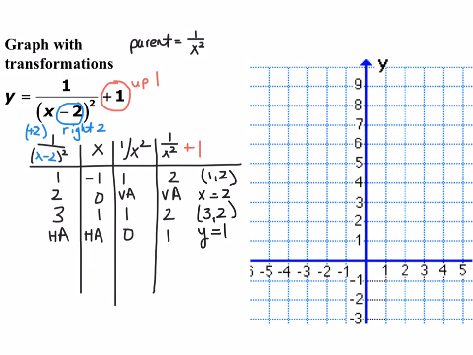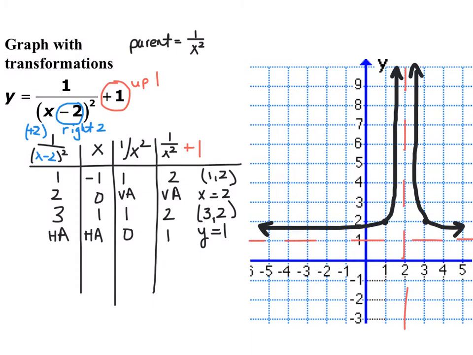So go ahead and pause the video and plot this to graph. So we graphed our parent function on the previous slide. Now you can see this transformation. This horizontal asymptote was moved up 1, this vertical asymptote was moved right 2, and then everything else was done